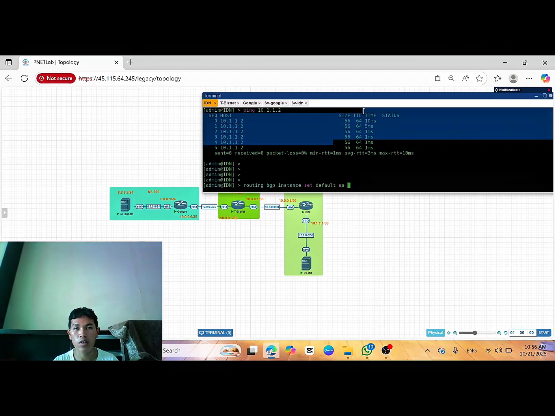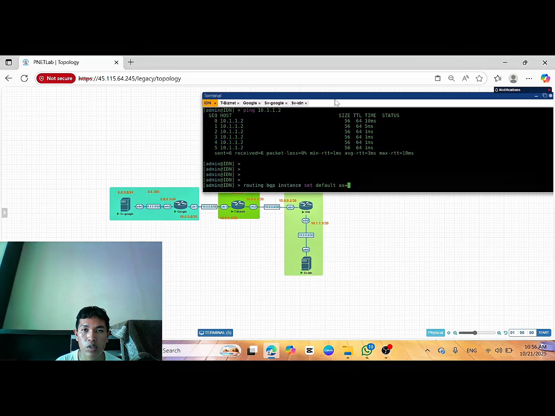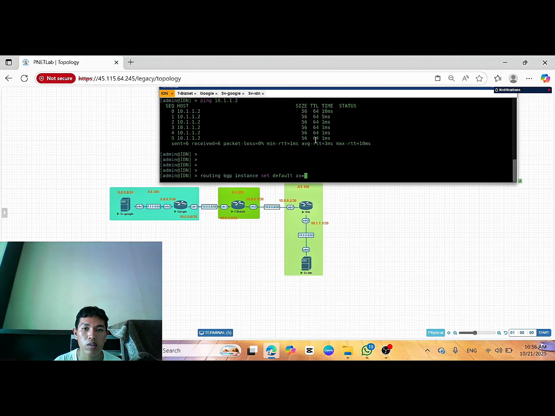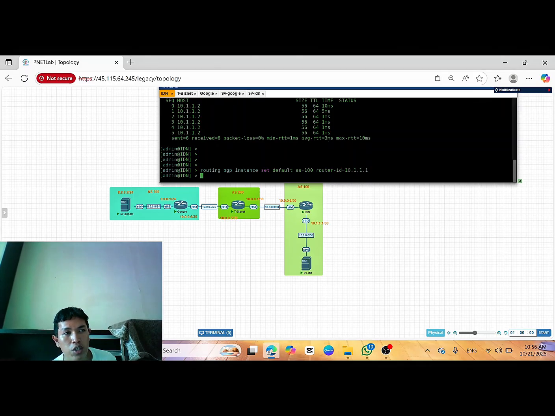This is for the AS, autonomous system. This is 100 for the local router, and router ID 10.1.1.1. For the router ID, you can add whatever you like.